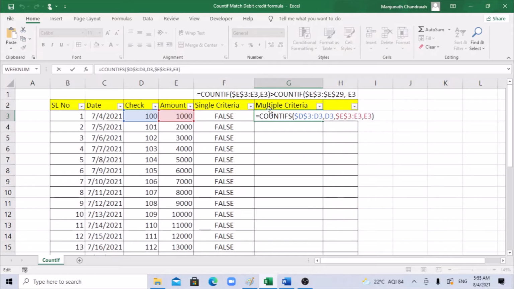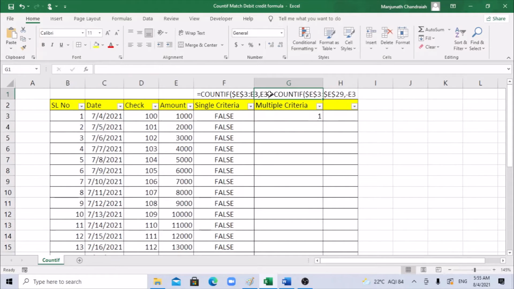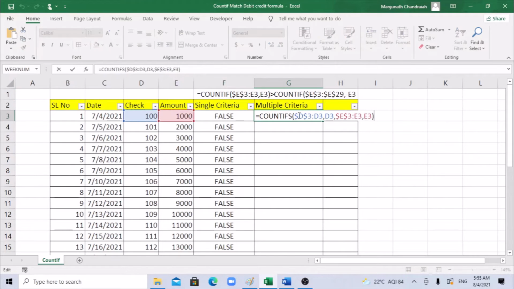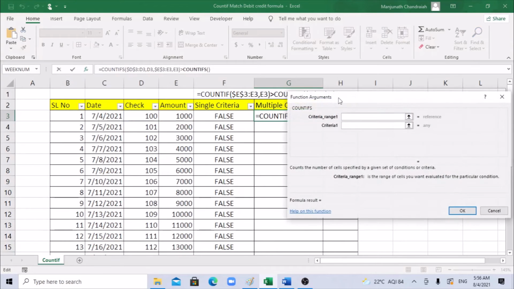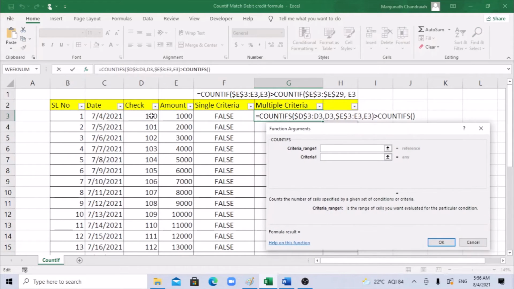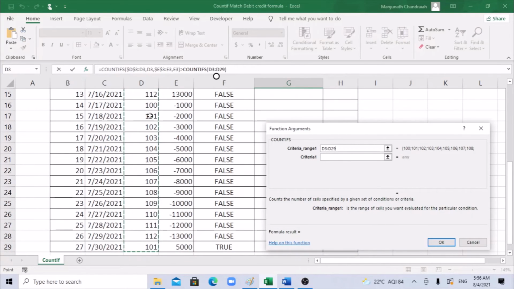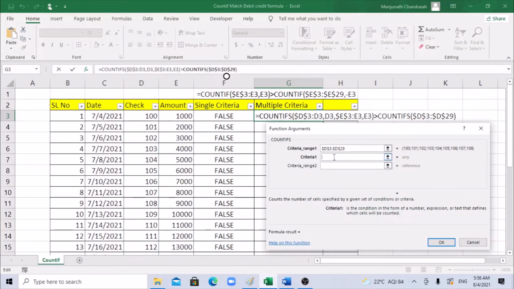Now we have the first part of the formula. We just did this part. Now we need to add a greater sign, COUNTIFs. Same thing, open the insert box. Here I'm going to select the entire range and freeze this entire range. For criteria, I'm looking for the same check number.